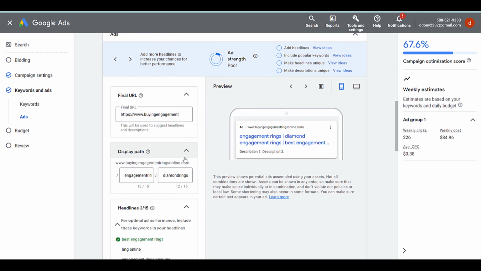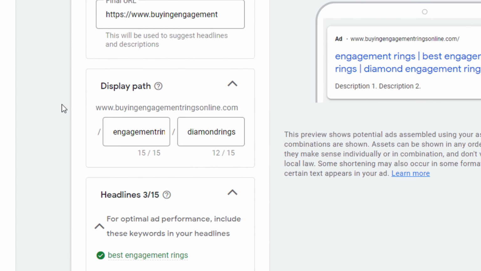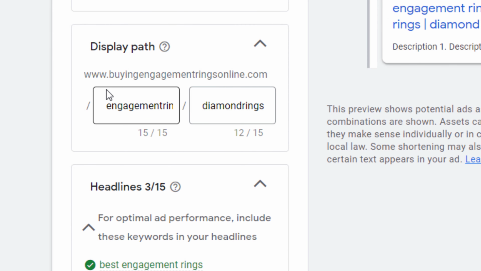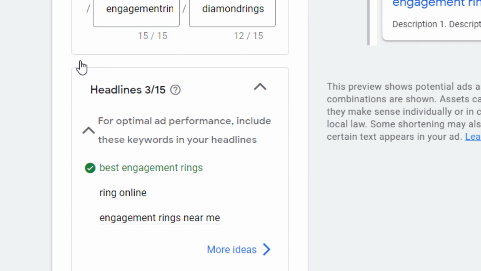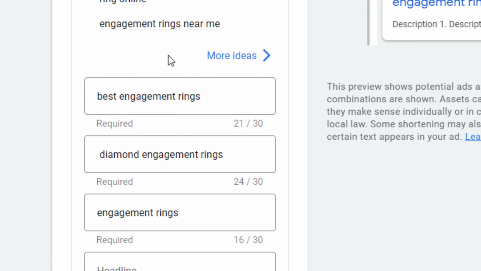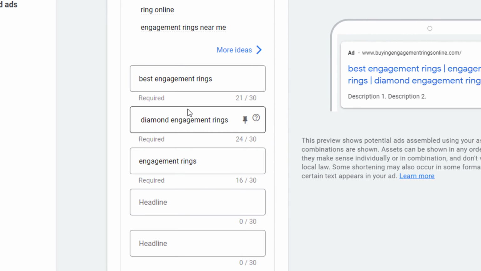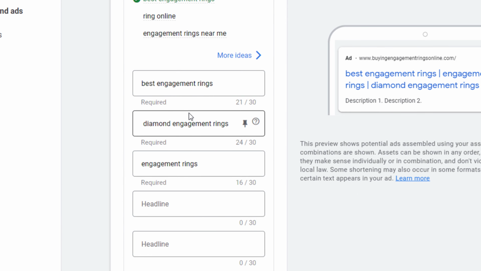Okay, now write your ad description. This is where you can provide more detail on your offering and highlight the benefits of your engagement ring online service. Just like the headline, you want to make sure that your description reflects the keyword engagement ring online as closely as possible.